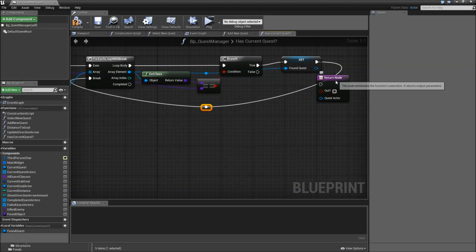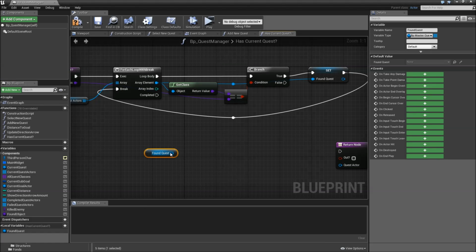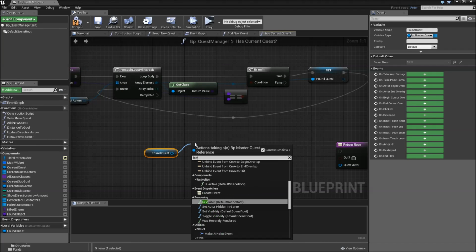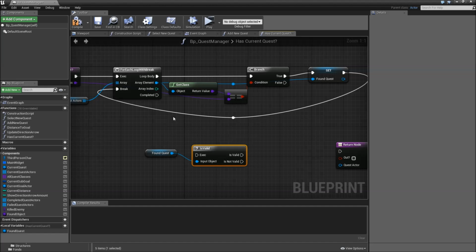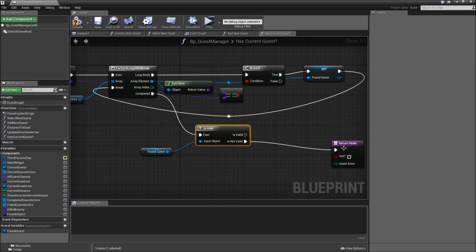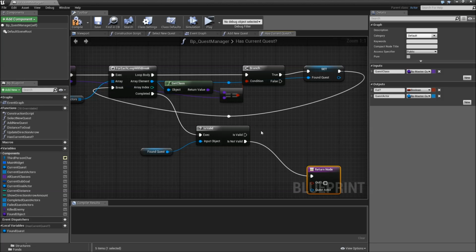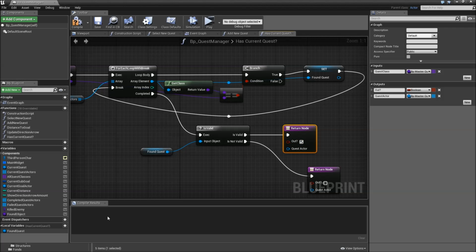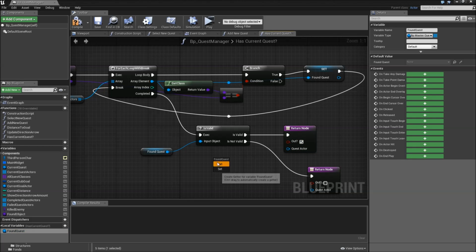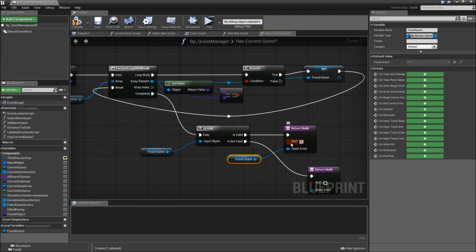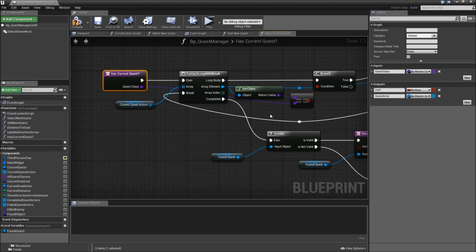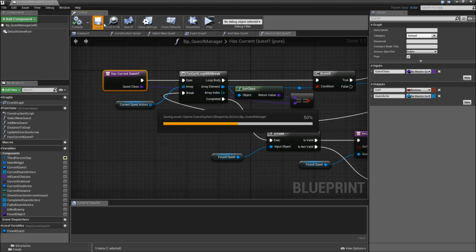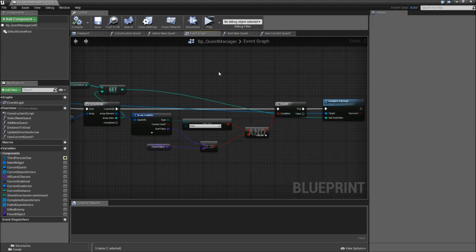When our loop is completed, we want to drag in the found quest and do an isValid check. If it's not valid, we will just return with false and null. But if it is valid, we will add another return node. Here we will check the out and drag in the found quest as the quest actor. Also, we want to select our function and check the pure here. Compile, save. Then let's go to our event graph,